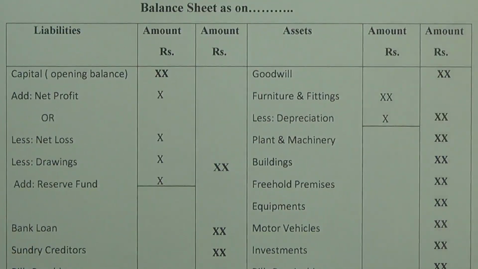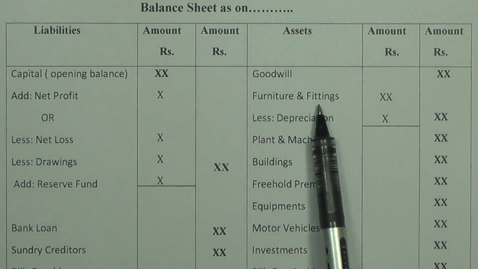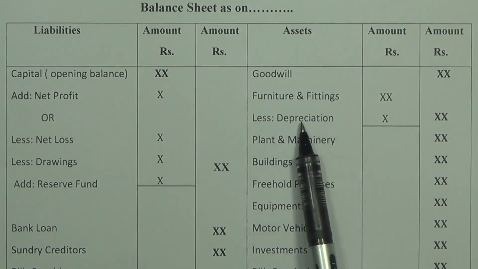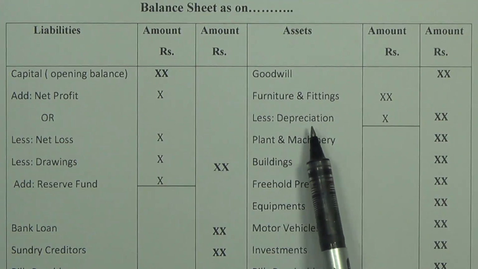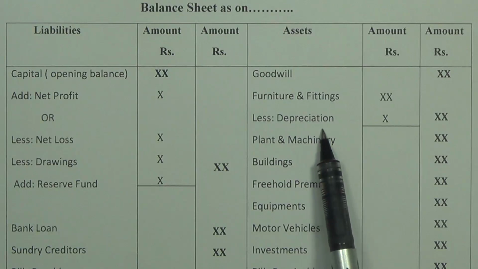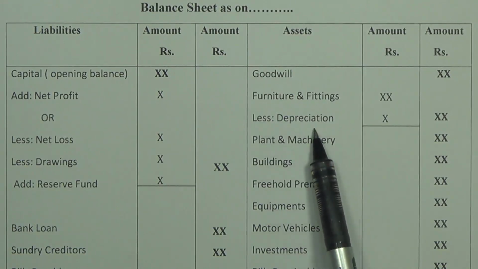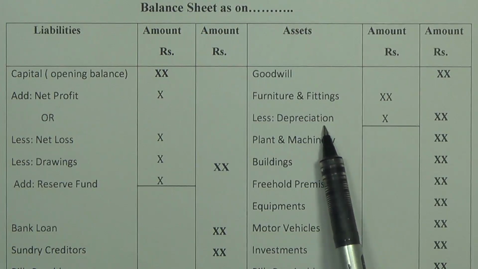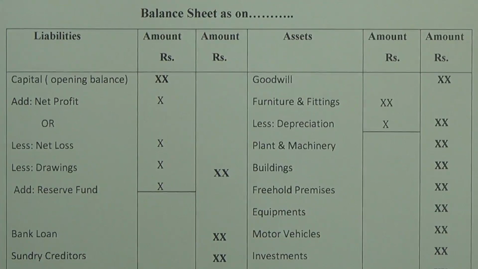On the asset side, that is the right hand side of your balance sheet, you will have transactions like goodwill, furniture, and fittings. Here I have shown you how you will calculate when there is a depreciation given. If there is a depreciation given in your trial balance, firstly, you will post it in your PL account debit side stating depreciation of whichever asset it is. And then you are going to minus this depreciation from the asset which is being depreciated, and then you're going to get the amount. There are other assets mentioned over here like plant and machinery, buildings, freehold premises, equipment, motor vehicles,